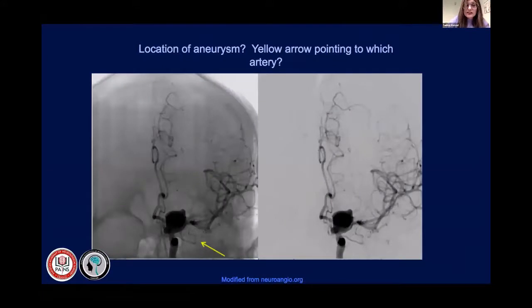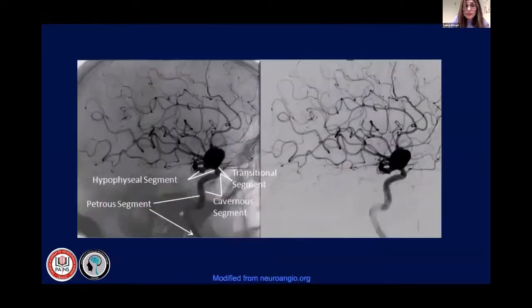So this is the classical example. And you can see that this is the ophthalmic artery. This point I want to highlight here: it is beyond the origin of the ophthalmic artery and supralaterally directed. It is a superior hypophyseal artery aneurysm. Again, you can see that this is cavernous, this is the transitional segment, and this is the hypophyseal segment, before the PCOM. So this part is the superior hypophyseal artery